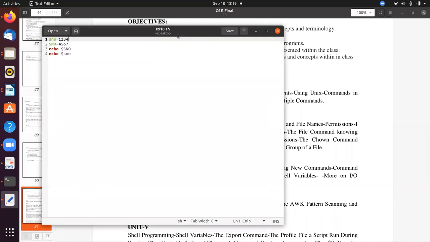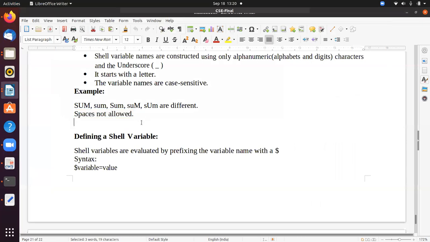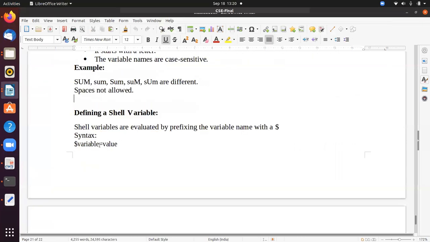Okay, anybody? Now, how are you going to define a variable? By using the variable name equals to and the value. That's it. In our future classes, we are going to write the programs, so you can know that. So how can you initiate the value? The variable equals to value.